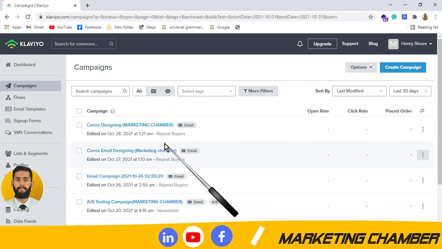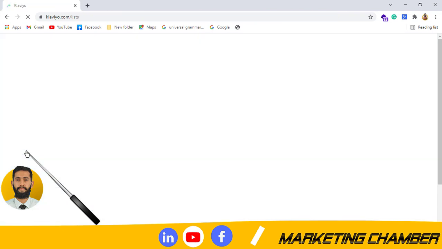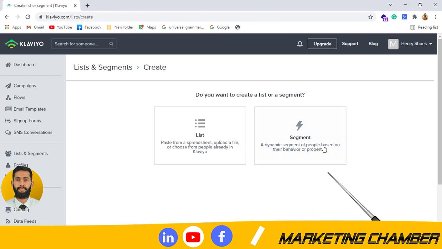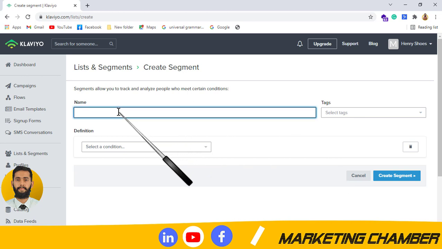So for that, the first thing is you have to make a segment for the non-openers, and then you have to send this campaign to that segmentation. Okay, so I will go to the list and segmentation, and there I will select the option create list and segment. So I will click on segment. Okay, so here I will give it a name. So the campaign, we can name it segmentation